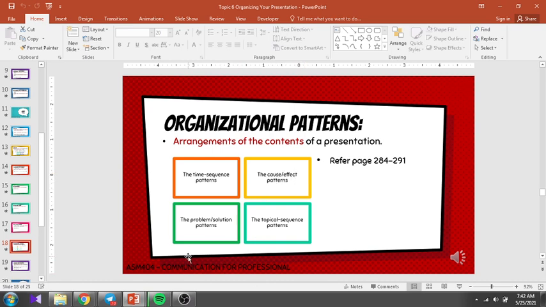Or maybe you give arguments about a problem, and you give the solution pattern, meaning at the end of the presentation you will give the solutions, meaning ideas on how to tackle the problems. And of course the topical sequence pattern, most likely like this one, a time sequence pattern. Topical sequence pattern about this